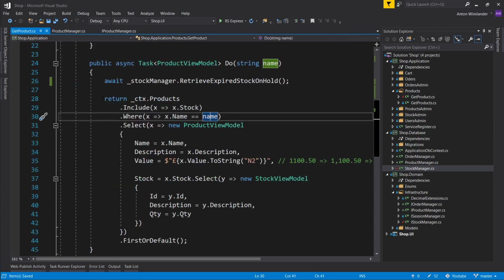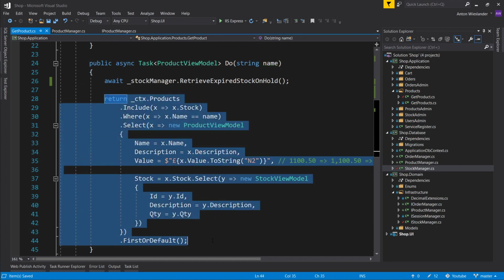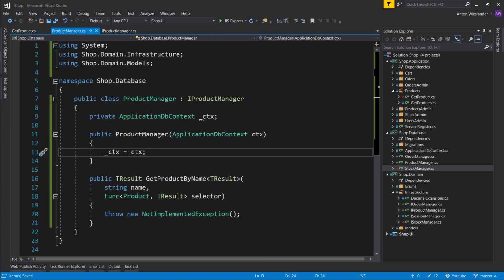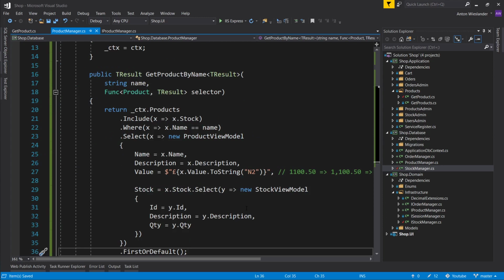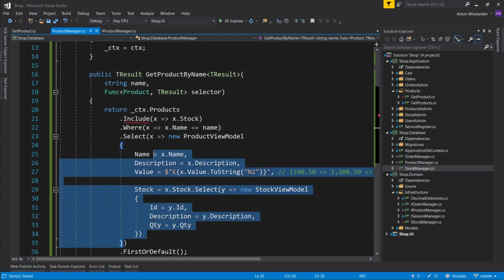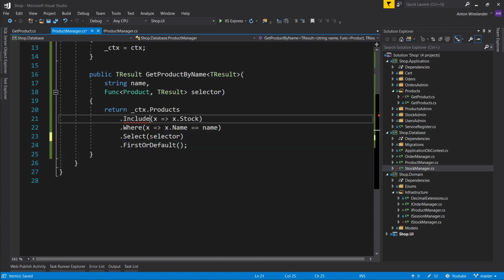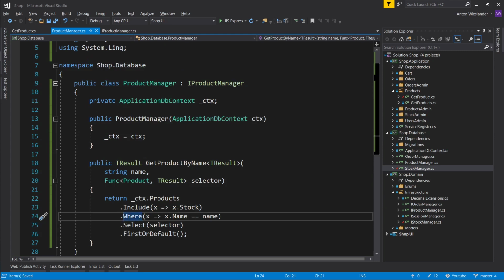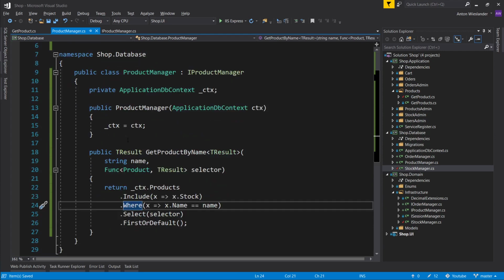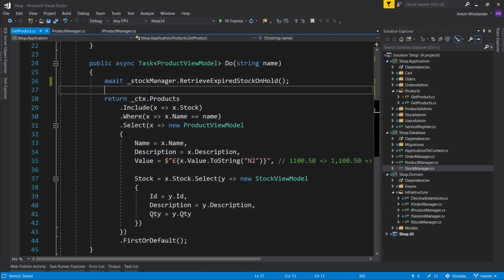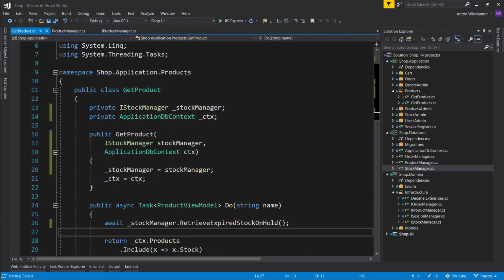We get product. So let's grab all of this. It's a little bit easier to work on stuff once you can see it all the way it was. So this is something that we're going to be replacing with the selector. Include, we will need this bit here. And there we go. Okay, nice. Where, LINQ, we will need a using for this. And yeah, all good. So let's replace this with our